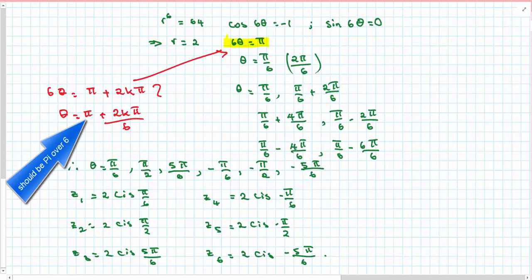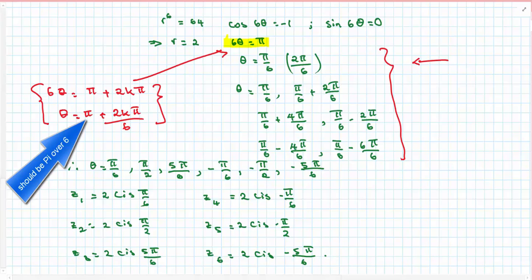Now they're the same things, but just to remind you that this way of thinking is used when we look at polynomials and when we look at complex roots in a polynomial solution,